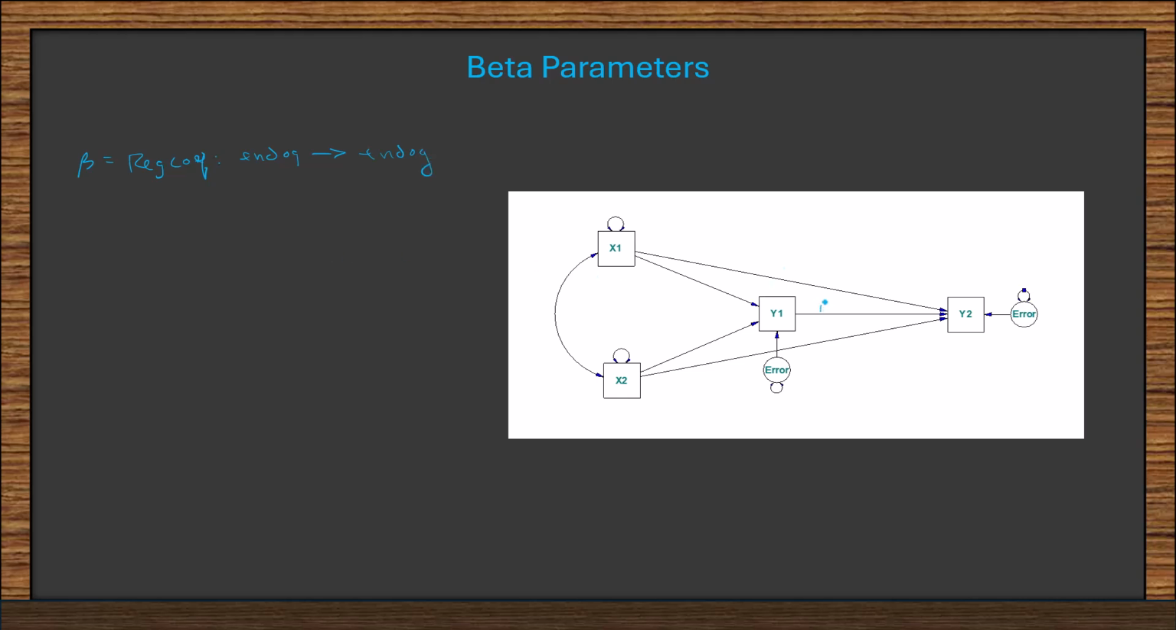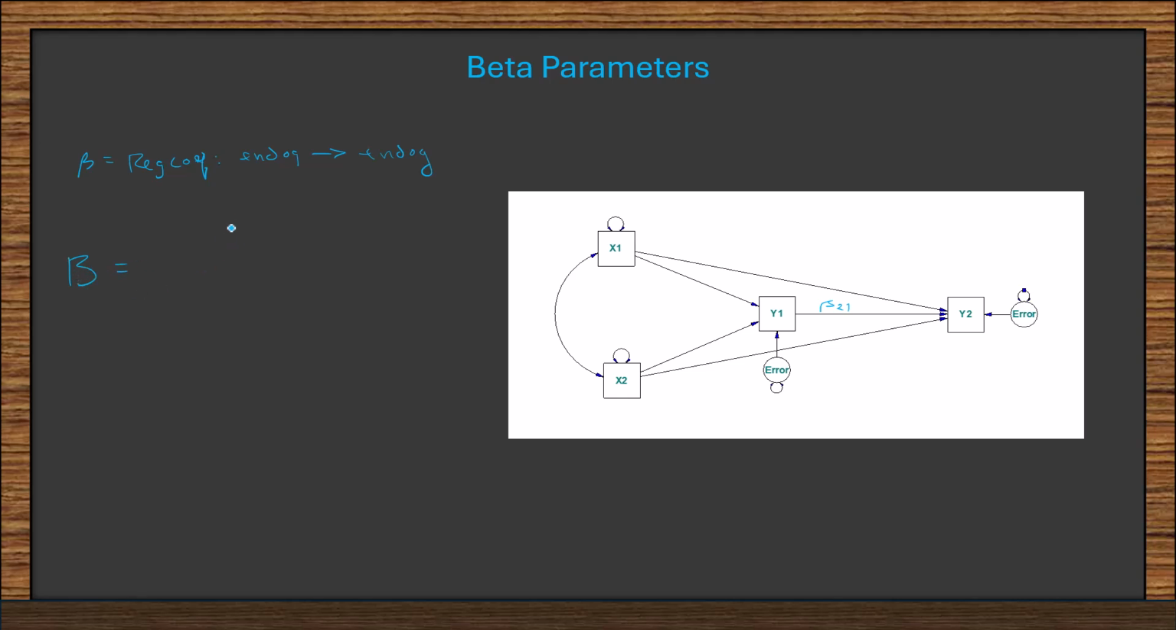And so here, that only happens once. We have y1 predicting y2. And using the same convention with respect to the subscripts, we're going to put a 2 here because we're predicting the second endogenous variable, and a 1 here because we're using the first endogenous variable. We can store these